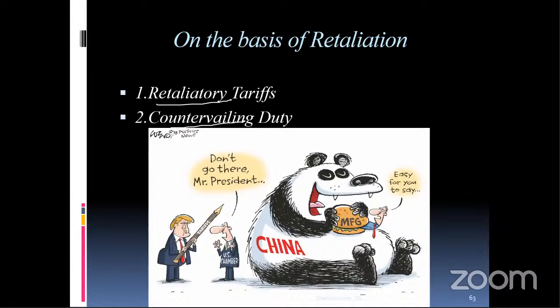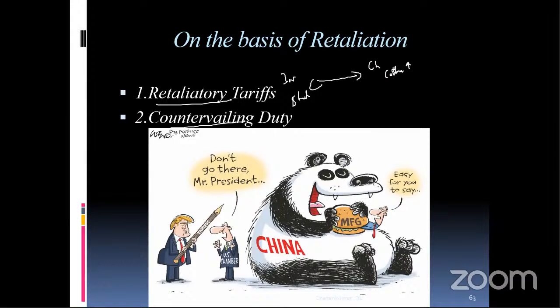See here, suppose India has a trade relationship with China. What India did is India increased the tariff on steel. China increases the tariff on Indian cotton, not because it wanted to protect its cotton industries, but because India increased the tariff on steel. So it is like tit for tat. That is retaliatory tariff. Retaliate because the other person is increasing tariff on one of my products, so I am going to increase tariff on another product. That is retaliatory tariff. Adre countervailing duty andre, basically mane,